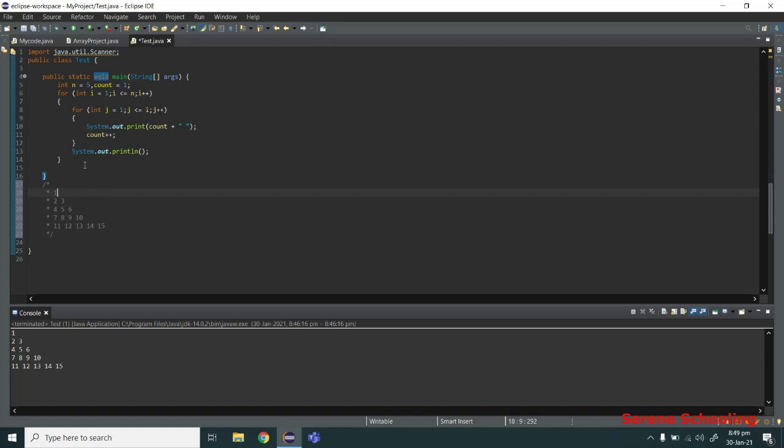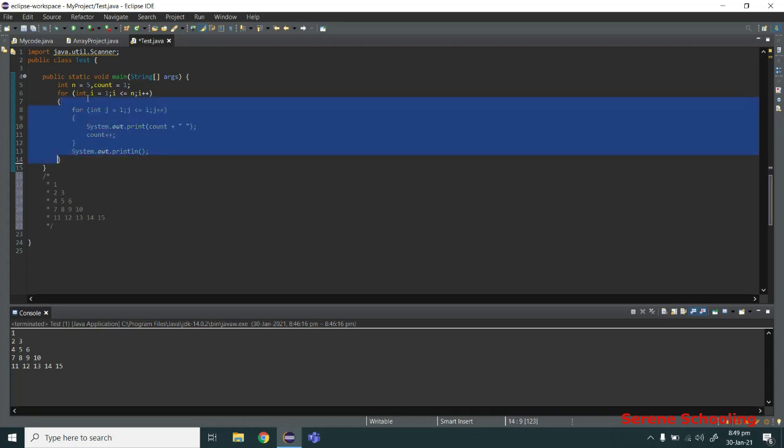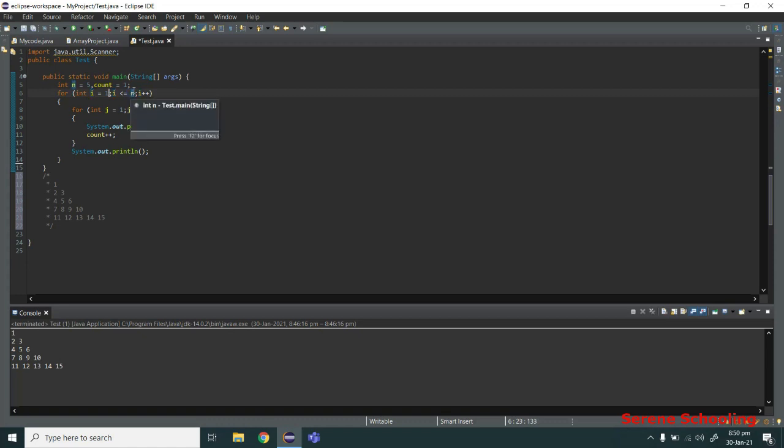So we will be using nested loops to print patterns, since patterns are almost always printed using nested loops. Suppose I want to print 5 rows, so my n is 5. I know my outer for loop will go from i equal to 1 to i equal to 5. The value of i will be incremented, of course.